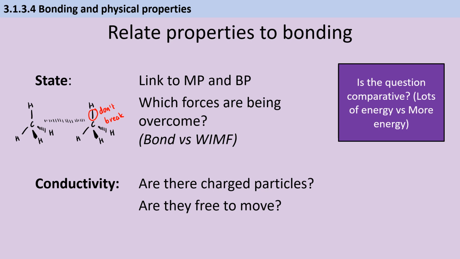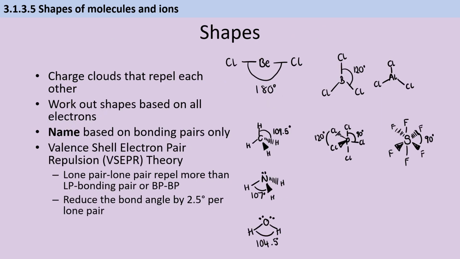or dissolved. We can think about electrons as charge clouds that repel each other, and in trying to get as far apart as possible, they cause molecules to have different shapes. Remember, it's always the electrons that are repelling each other, not the atoms that they're attached to. When you're trying to decide what to call a particular shape, firstly you need to consider all of the electrons regardless of whether they're lone pairs or bonding pairs,